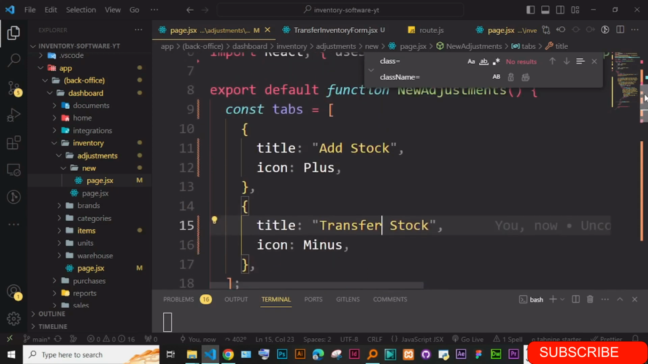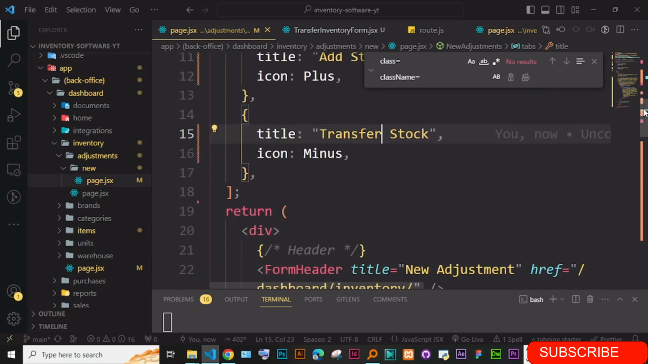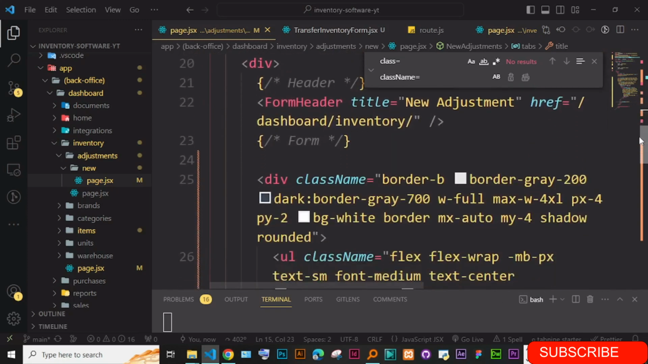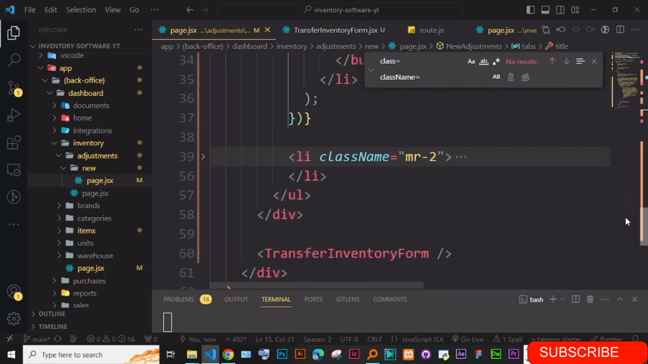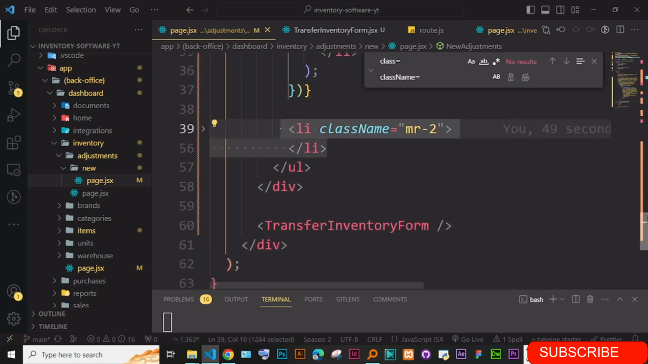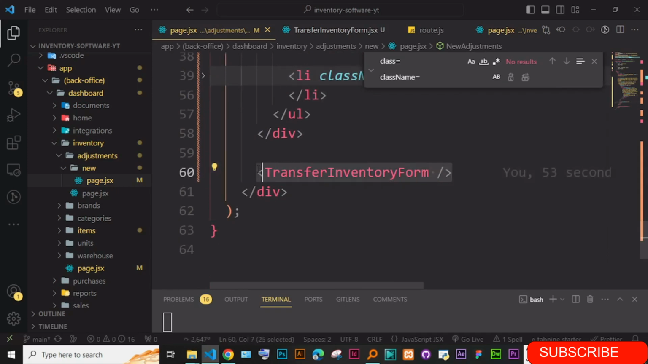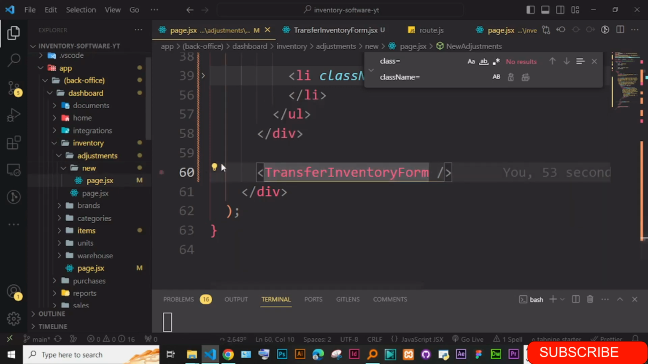Okay, and this other one, I'm just going to create another form, and its purpose is going to be for this one. We're just going to use it in a second. I'm just going to make another form here. So let me just go and make another form for adding stock. So just go to this transfer stock,